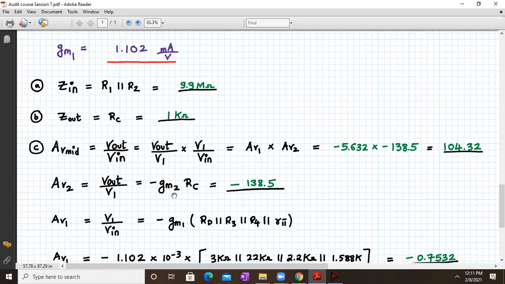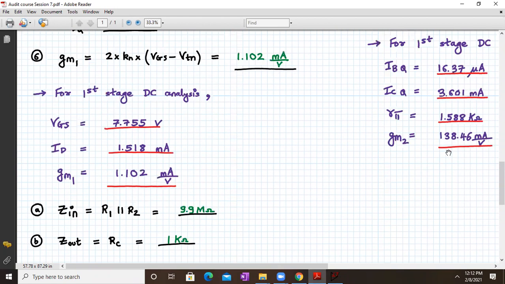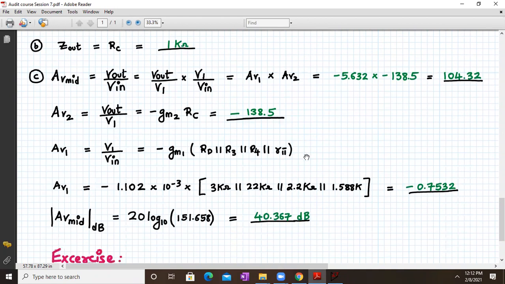AV mid, which is Vout upon Vin, which is Vout upon V1 into V1 upon Vin. Okay, so over here AV2 will be Vout upon V1, which is minus GM2 into RC. GM2 value is available to us, 138.46, and RC value is 1 kilo ohm. So you will get AV2 as minus 138.5. AV1 will be V1 upon Vin, which will be minus GM1 into RD parallel to R3, parallel to R4, parallel to R5. So all the values are given over here. We have to just solve it using a calculator. AV1 comes out to be minus